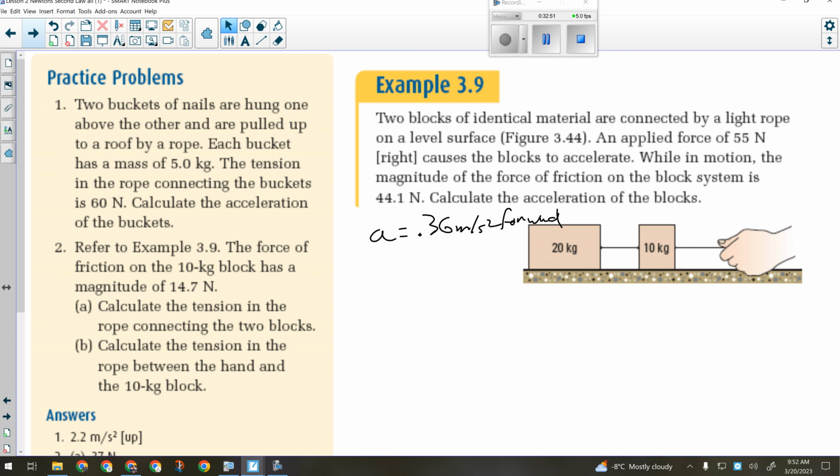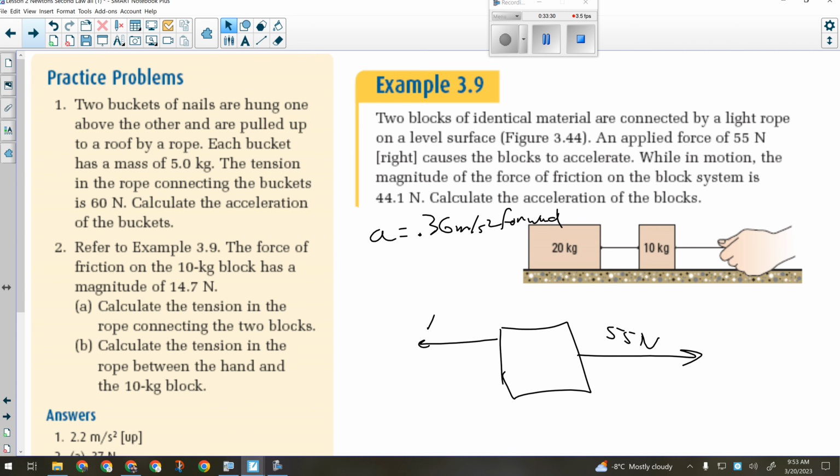All right, which block should I use to calculate that? The 20 or the 10? Which one do I have more information about? The 10. Okay, because right now, I don't know how much friction is acting on the second block. I could figure it out because they told me what the total was, and then they told me how much of it was the first block. But that's extra work. I want to use the first block because I know that first block is being pulled forwards by 55 newtons,